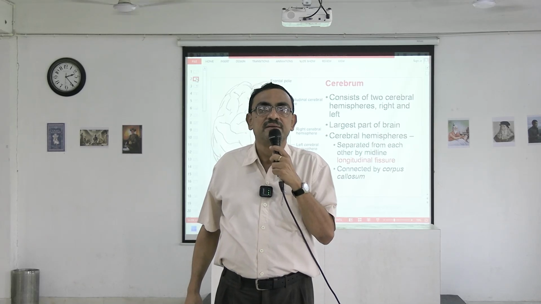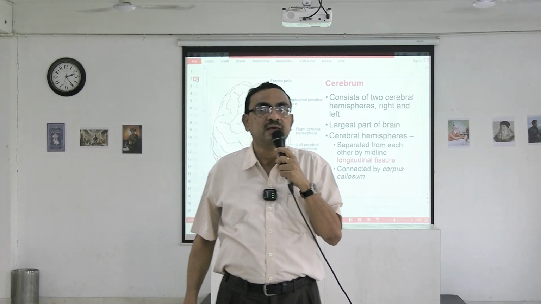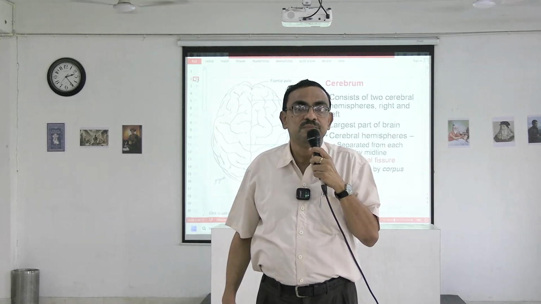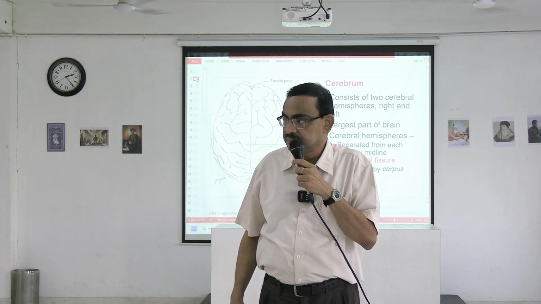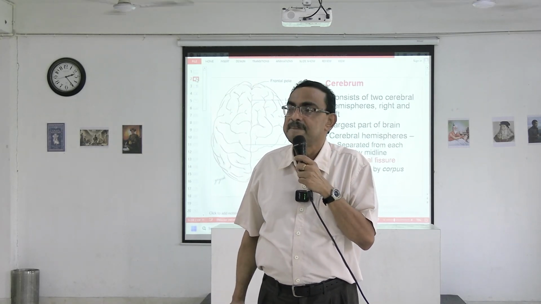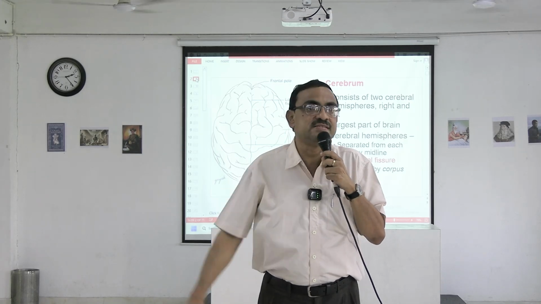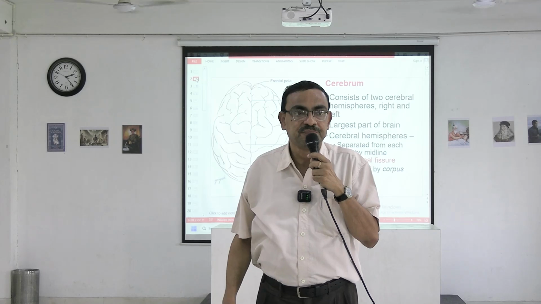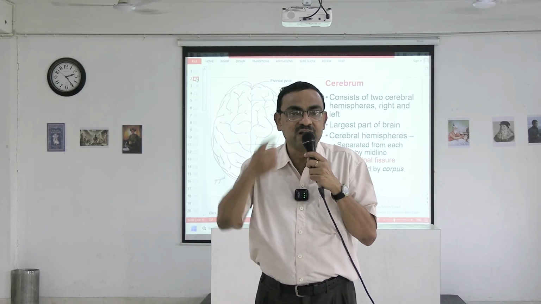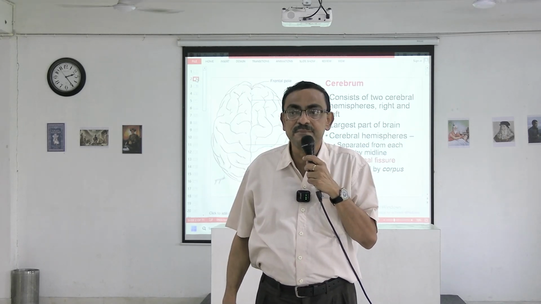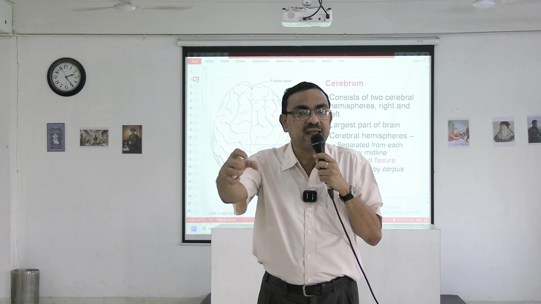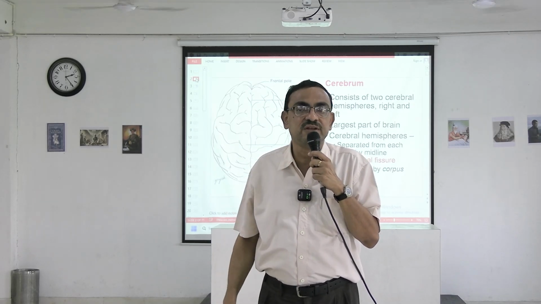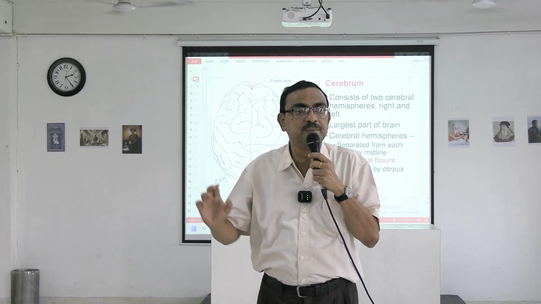And the brain itself, in the brain we will get two cerebral hemispheres, one cerebellum and the brain stem. It looks like a tree. So a tree has got a stem, so it has got a brain stem, and the brain stem has got three parts, that is midbrain, pons and medulla,